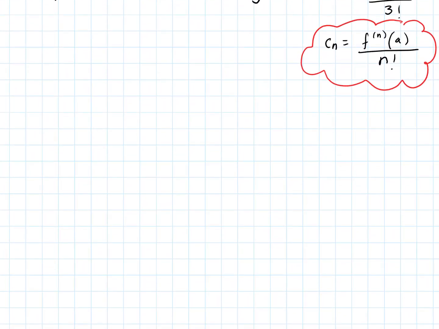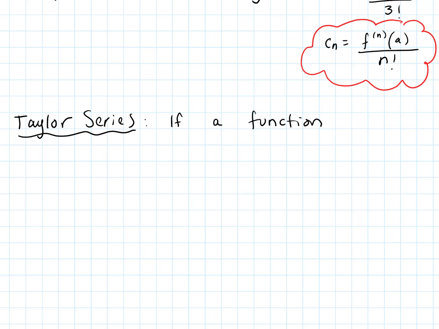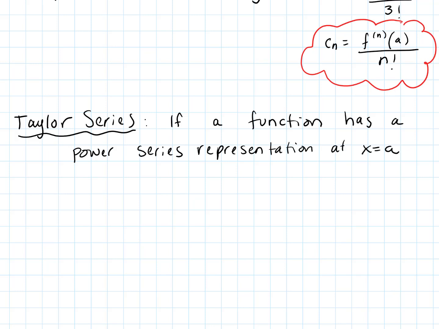The Taylor series for a function: if a function has a power series representation at x equals a. So if it does, and again, we'll have to talk about which functions have power series representations,